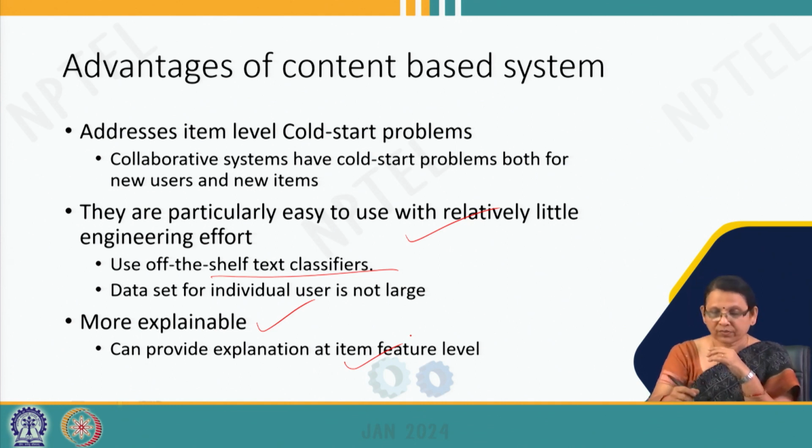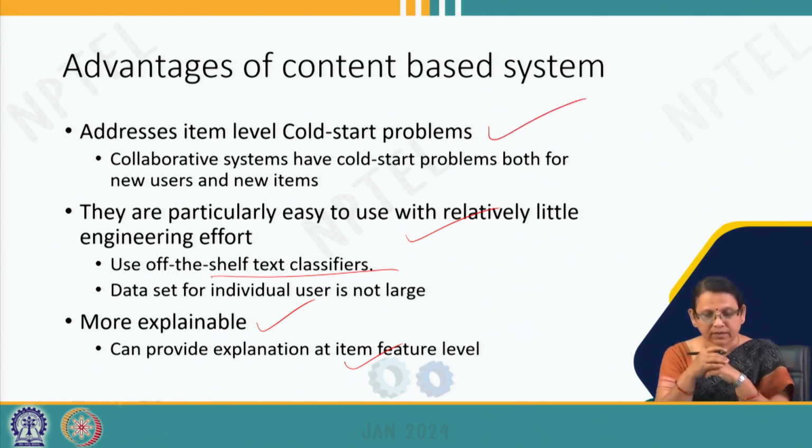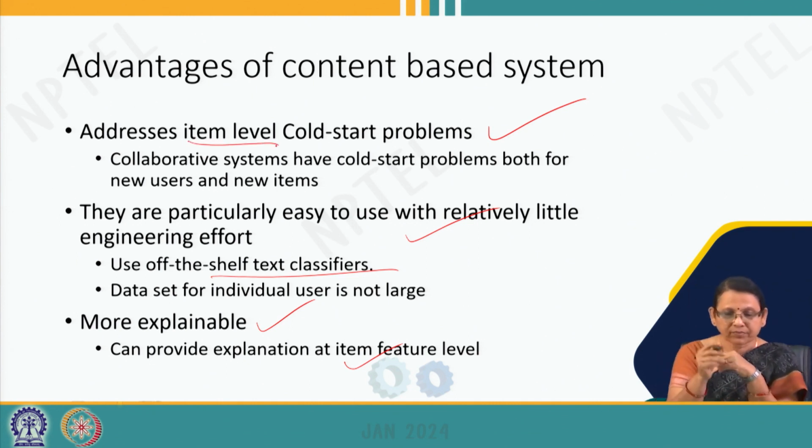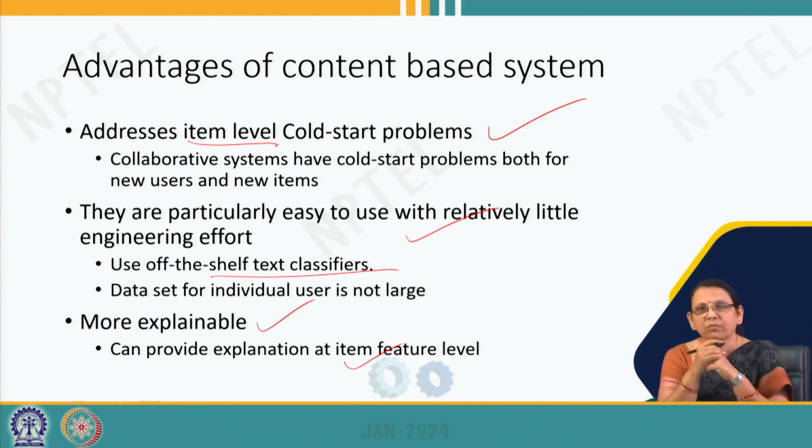So, besides these two, another advantage is it takes care of the cold start problem at the item level. In case of collaborative filtering, we have cold start problem for both new user as well as new item. In both cases, sufficient ratings will not be available and we completely rely on the rating. But in case of content based system, we are having item features. So, when a new item comes, you can at least compare it with other items, consider its similarity and push